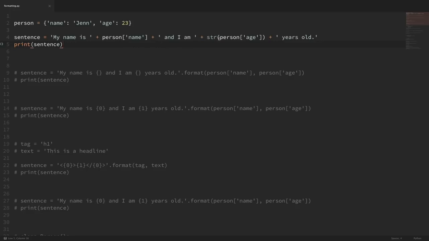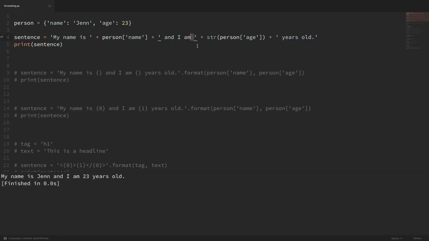Whenever you have an integer, you have to cast those to strings. And also you have to remember to put spaces in the correct location. So this middle string here, I have to remember to put in a space at the beginning and at the end. And if I mess that up, then it can bunch my string together when I print it out. So you can see if I run this code that it does work,